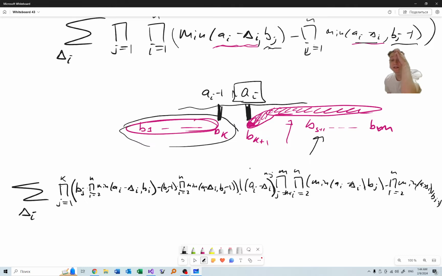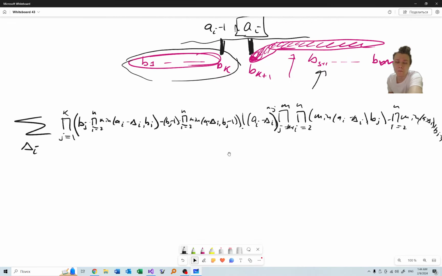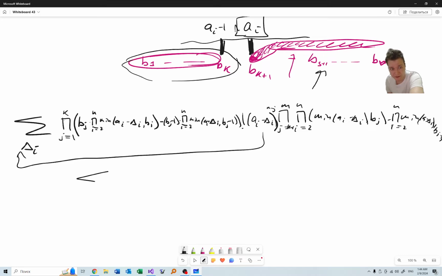Why is it nice? Because therefore I can remove it out of the summation sign here. Yeah, so I have, what do I have? I have sum of delta 2, etc., delta n, then sum of delta 1, and then something hard to explain where I have,